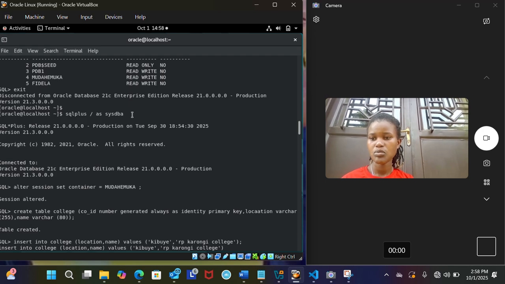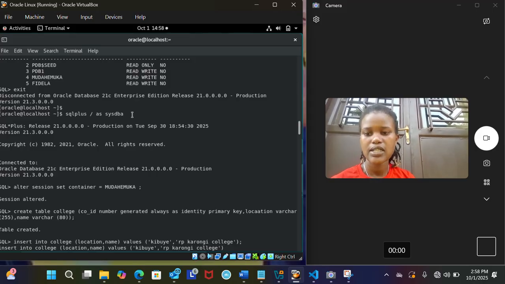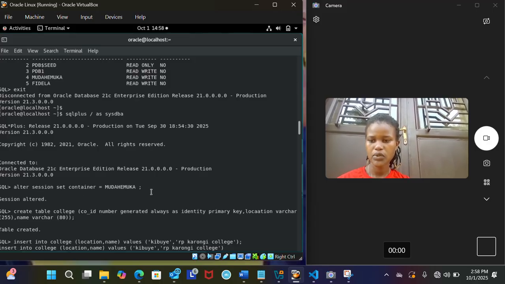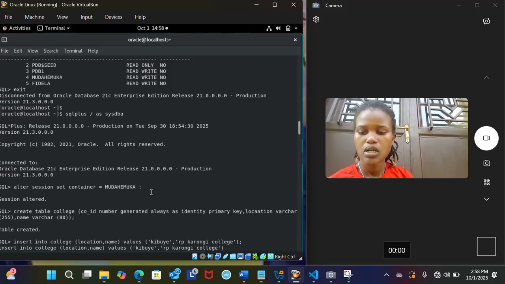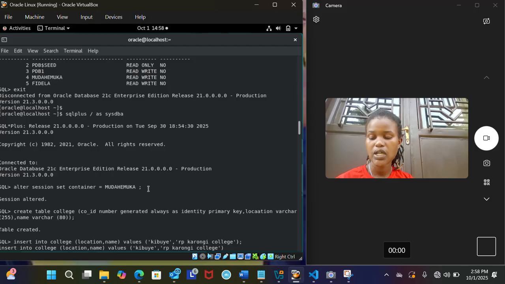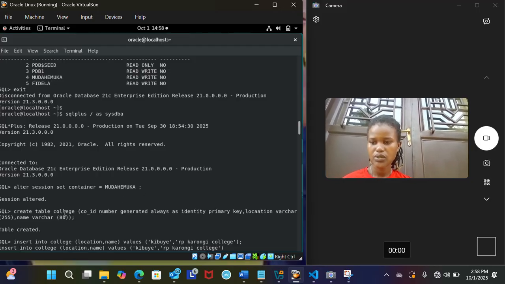Also, we move on to root, and then we enter in SQL also, and then we wrote alter session set container equal mudahemuka. And then after, in order to give her the session, after this one, we create